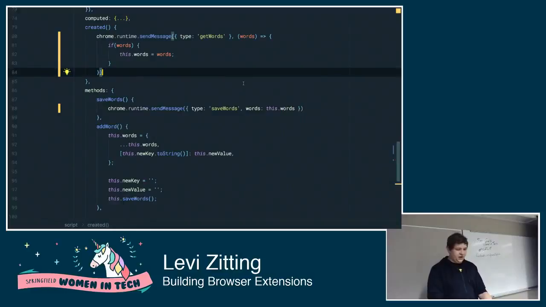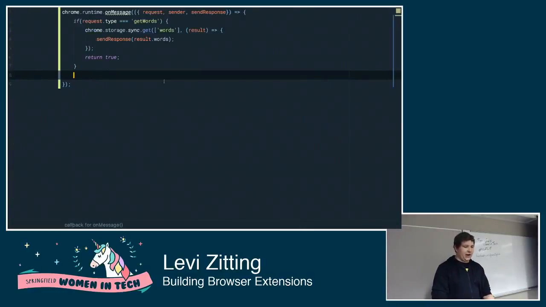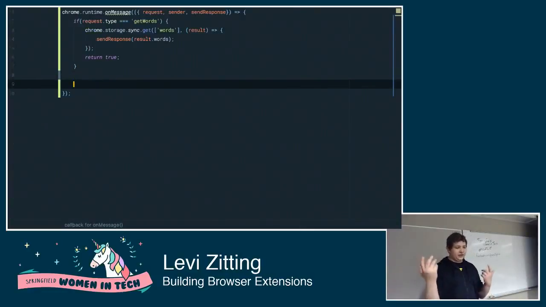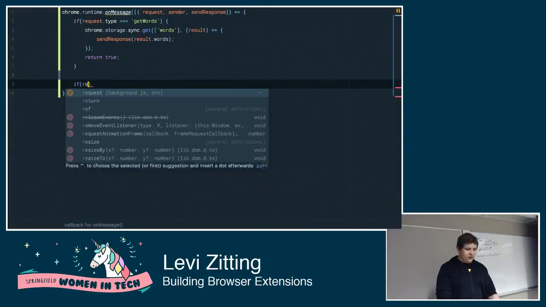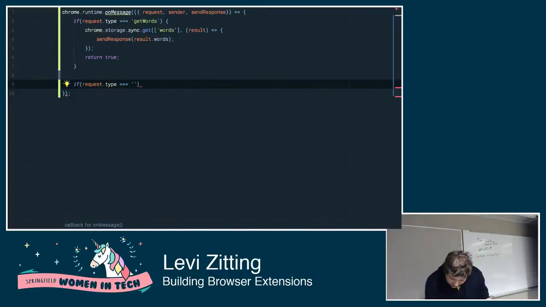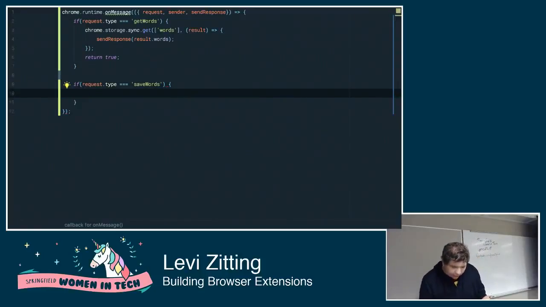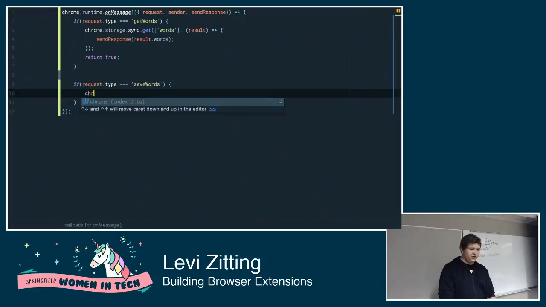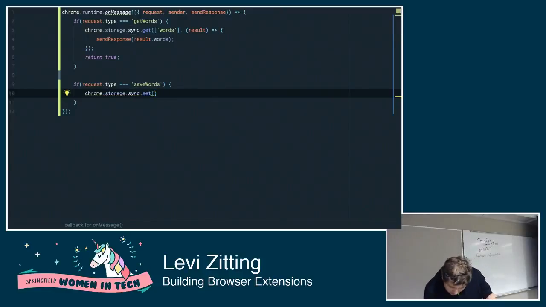Okay, so now let's run back to our background script and add the specific event handling for this. We're already listening for the event, so we just need to tell which type of request it is. So we'll say request.type is equal to save words. That's what we used earlier. And whenever we want to save the words, the API is super similar. We just say chrome.storage.sync.set, and then we give it the